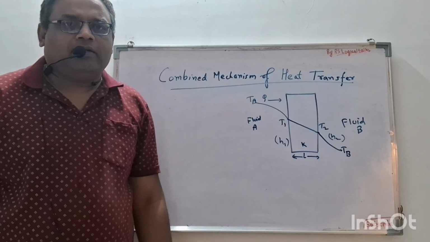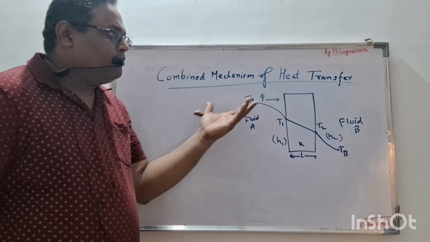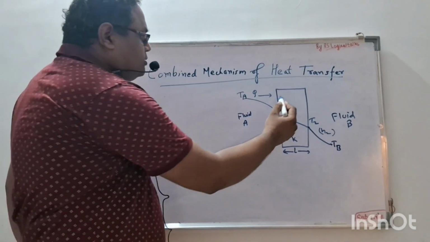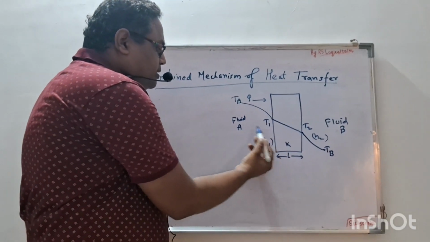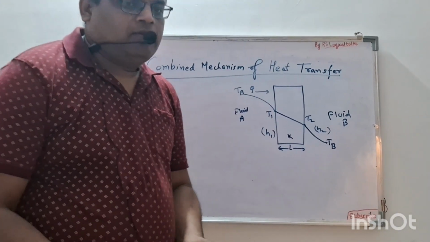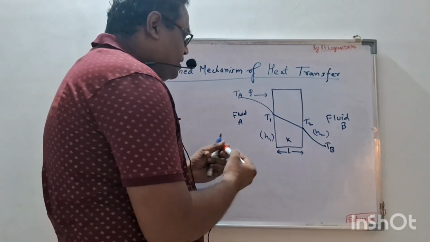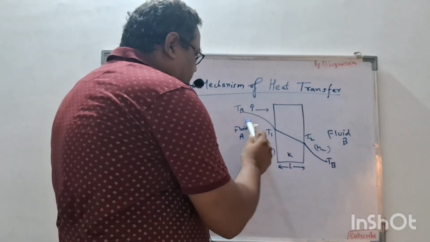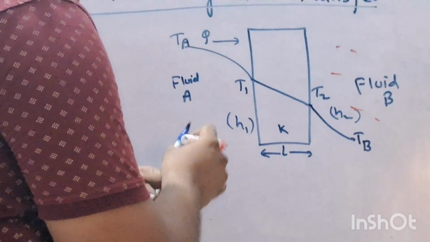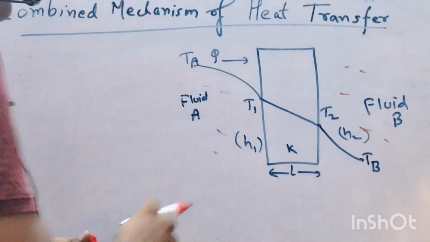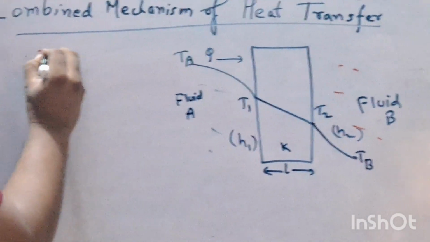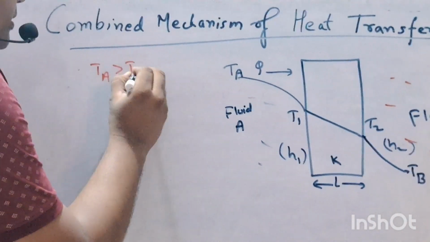अब हम लोग देखने जा रहे हैं कंबाइंड इफेक्ट ऑफ हीट ट्रांसफर। तो ये एक सॉलिड ऑब्जेक्ट है, ये सॉलिड ऑब्जेक्ट रखा हुआ है, इसके लेफ्ट हैंड साइड में एक फ्लूइड है और राइट हैंड साइड में दूसरा फ्लूइड है। तो लेफ्ट हैंड साइड का फ्लूइड अगर आपका ये है और राइट हैंड साइड का फ्लूइड अगर आपका ये है, तो ये दो फ्लूइड्स हैं। तो दोनों के केस में क्या हो रहा है, बेसिकली दिस इज TA एंड दिस इज TB एंड TA इज ग्रेटर देन TB।